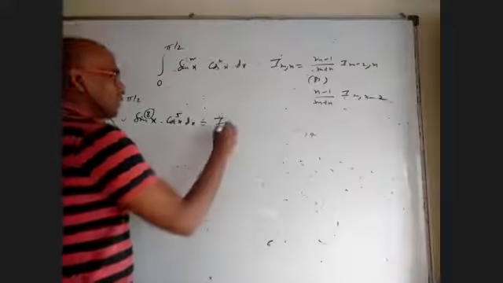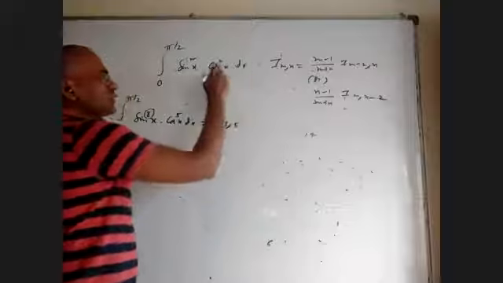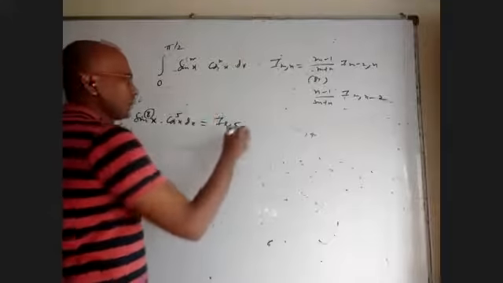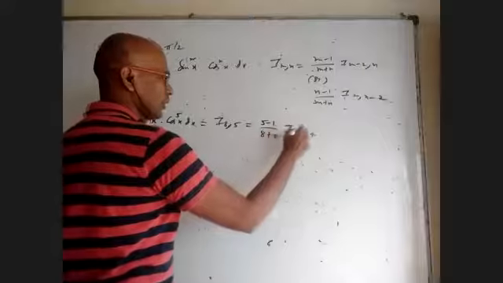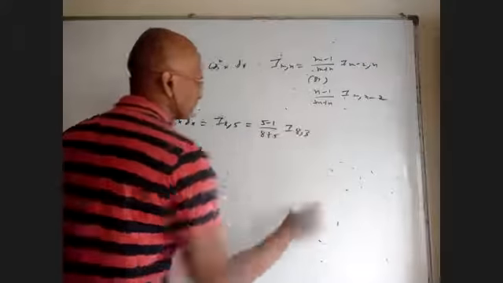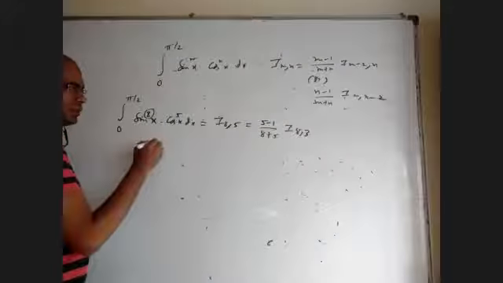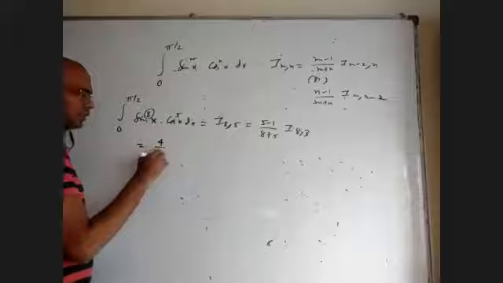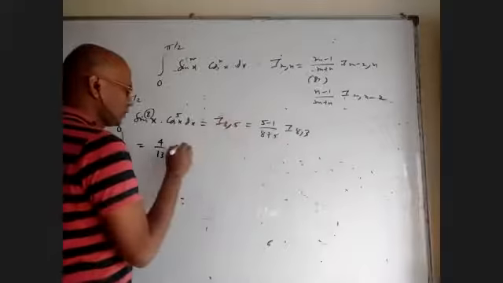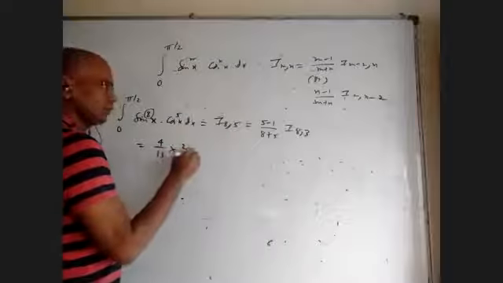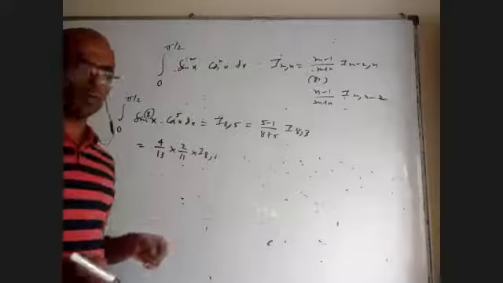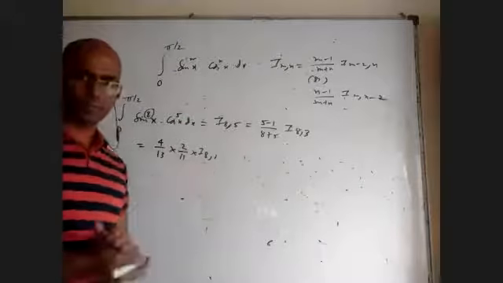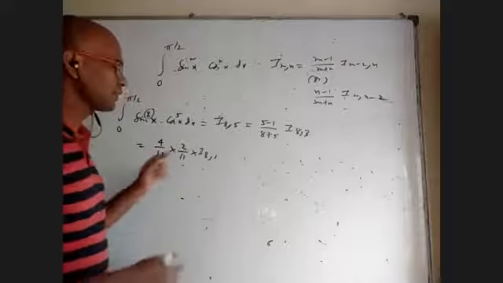Okay, this is I 8 comma 5. I want to decrease, let us say, power of cos only. It is going to be 5 minus 1 by 8 plus 5 into I 8 comma 3. That is 4 by 13 into I 8 comma 3, which will be 2 by 11 into I 8 comma 1. Even though I 8 comma 1, I can complete in one step only, where the answer for this is 1 by 9. Why?